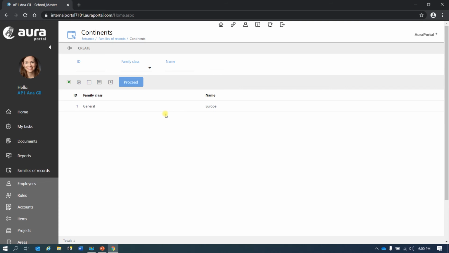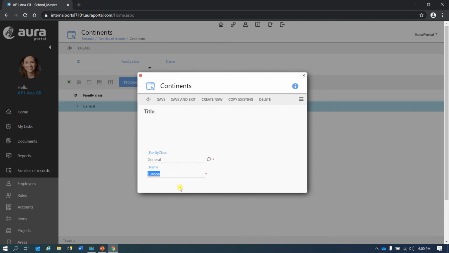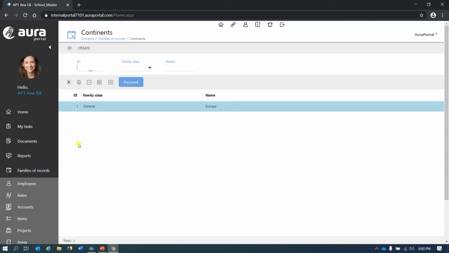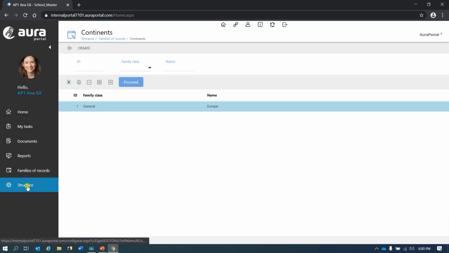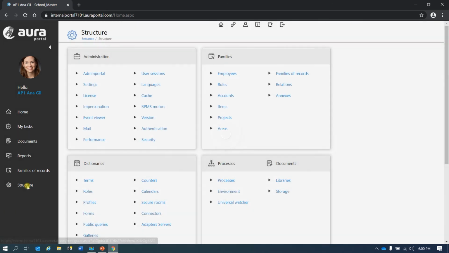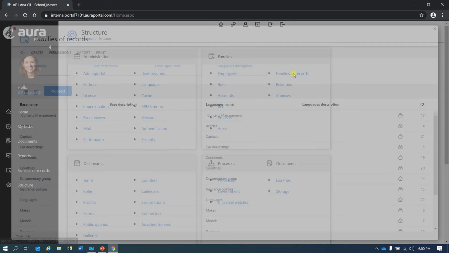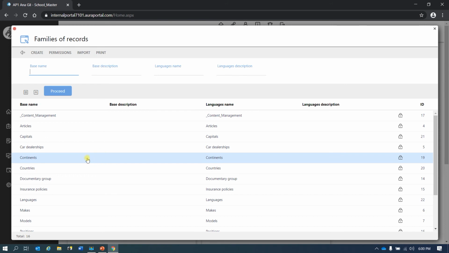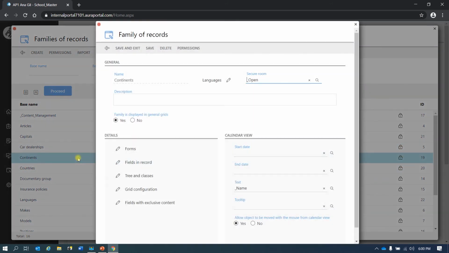So let's imagine I want to add a library type of term to the form. Okay, so if we wanted to do that, we will have to go to structure, as always, family of records, the family, which is continents, form,